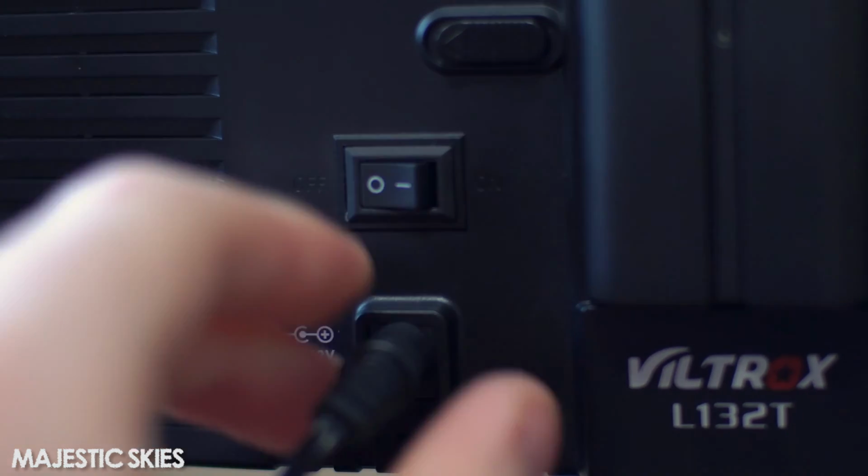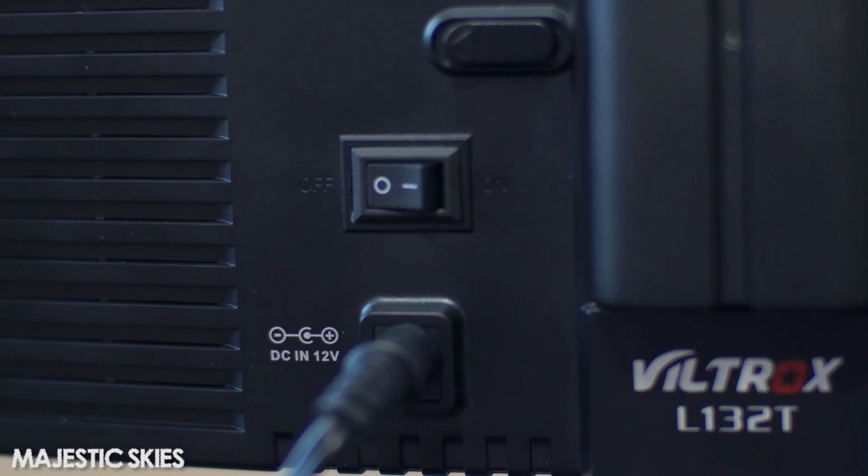Now the main reason I decided to pick up this light over a lot of its competitors is because unlike a lot of other camera lights which only run on AA or rechargeable batteries, this light also allows you to run it off 12 volt DC power. Now the reason this is very useful is that in a studio environment, using batteries is a total pain as the light will frequently run out of power and having to stop all the time to change them becomes very